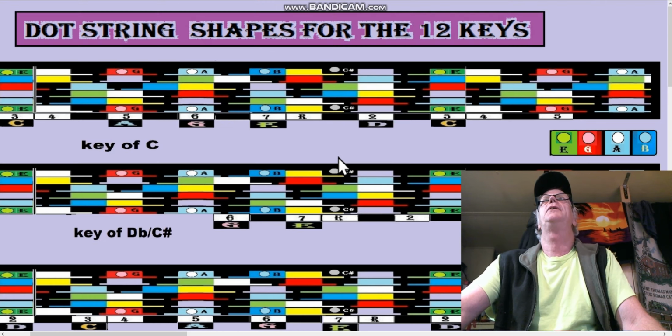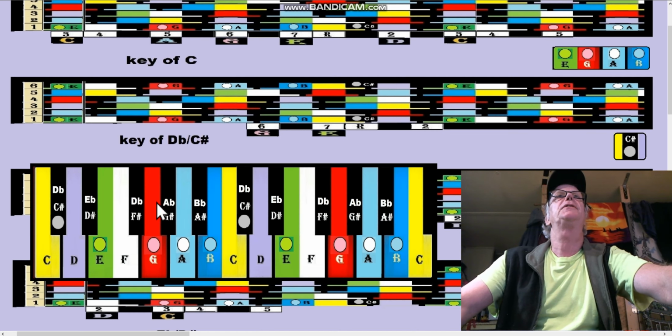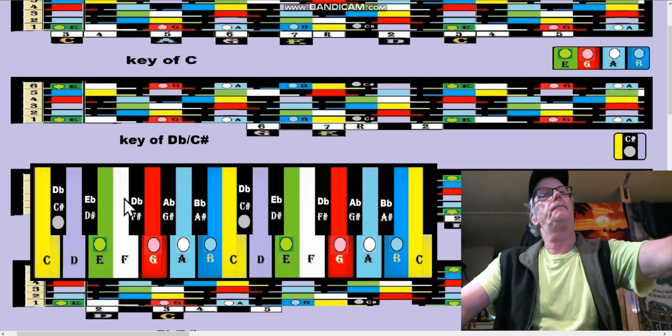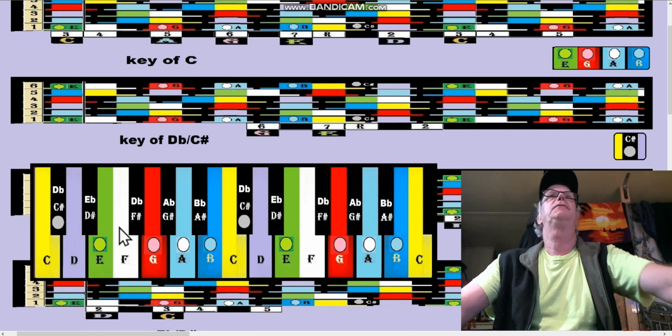So let's move on to something that isn't so wonderful. The key of D flat. Now I'm not going to jump around, like try to do a circle of fifths here. Sorry about this resizing exercise that I'm doing. Boy, that makes me tired. The only dot that falls on a D flat scale, hopefully we still have the keyboard in the buffer. Let's look at a D flat scale, okay? D flat, E flat,